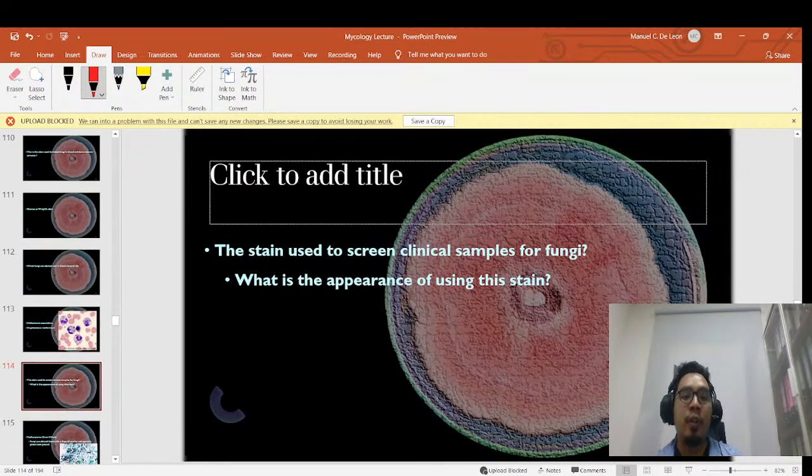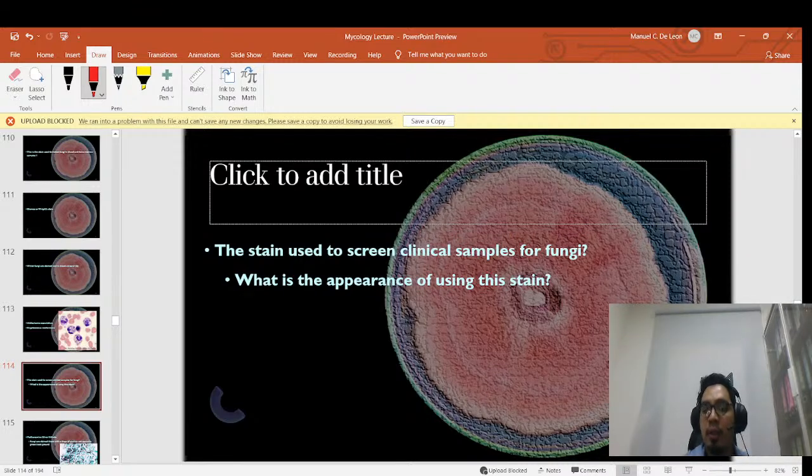All right, now let's move on. Stain used to screen clinical samples for fungi. This is now known for screening samples. Usually, this is done on patients who are immunocompromised, such as those patients in a sanitarium for HIV, AIDS patients. Usually, we want to screen their samples, especially their biopsy samples, for fungus. So one way to quickly do it is make a sort of like a pap smear, but instead of staining it with Pap stain, we stain it with this stain.